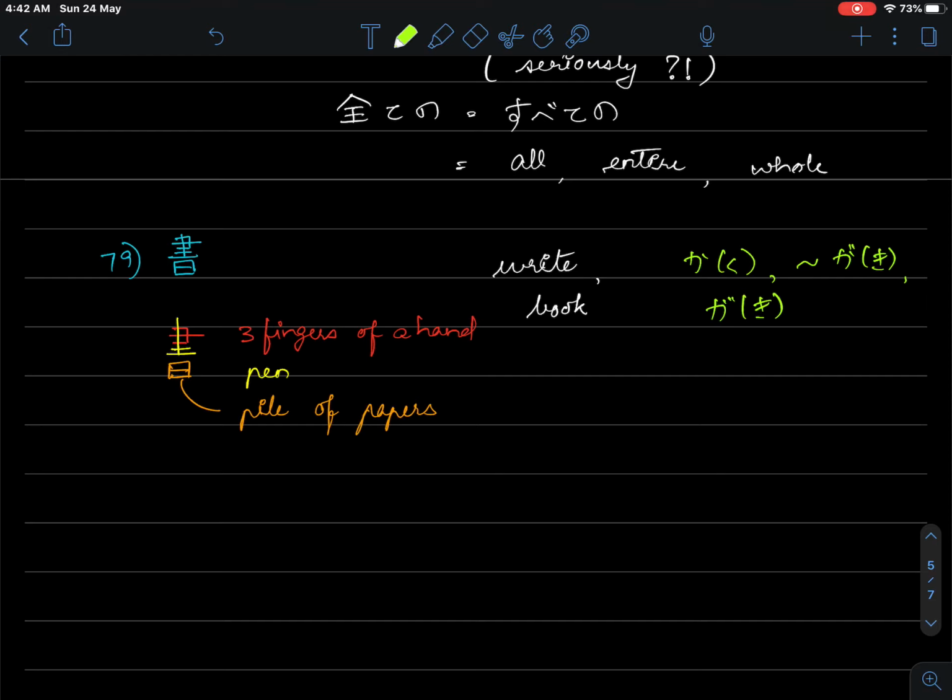And the onyomi is sho. Now, for those of us who are wondering what is the difference between this book and the one book that we've done previously, this kind of means documents, or you can think of it as documents or product of writing,